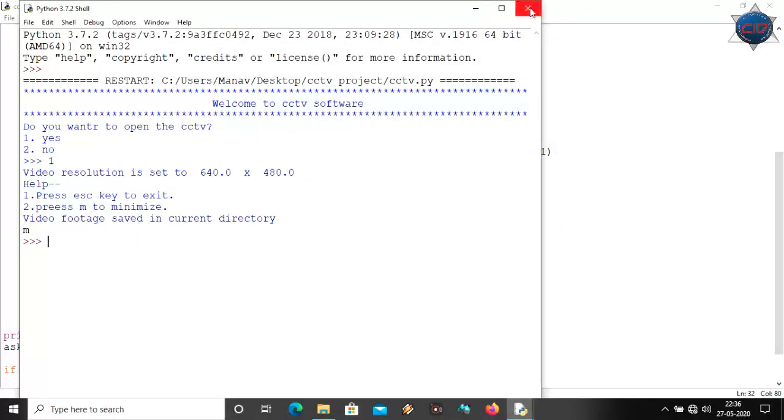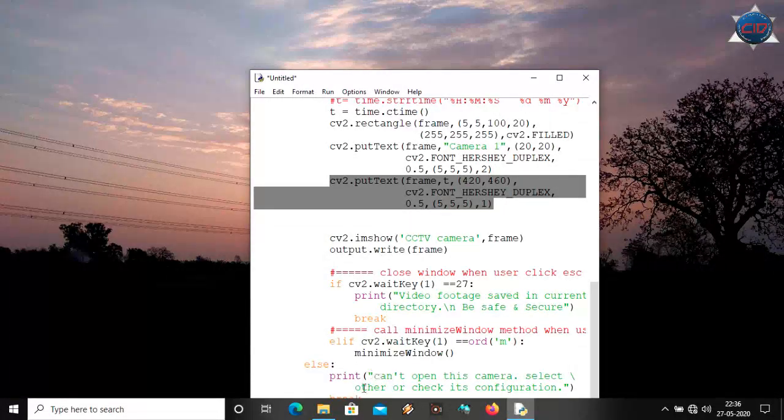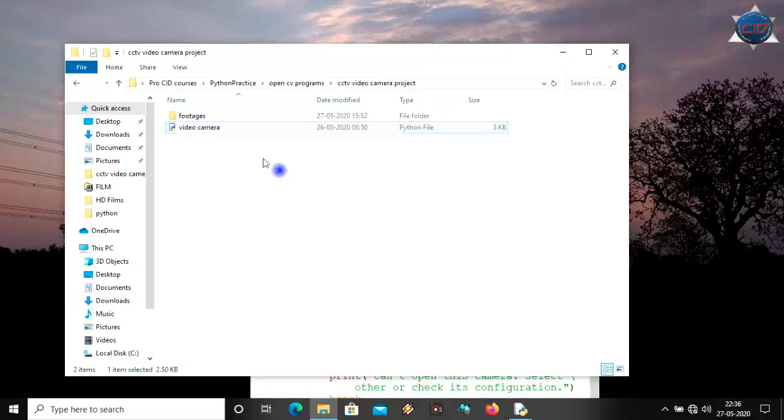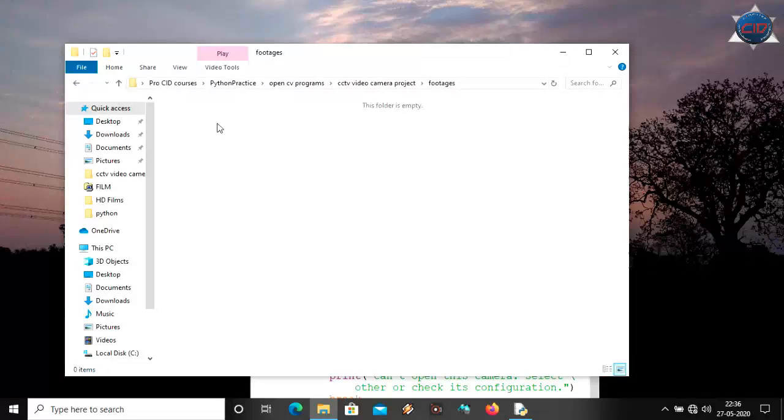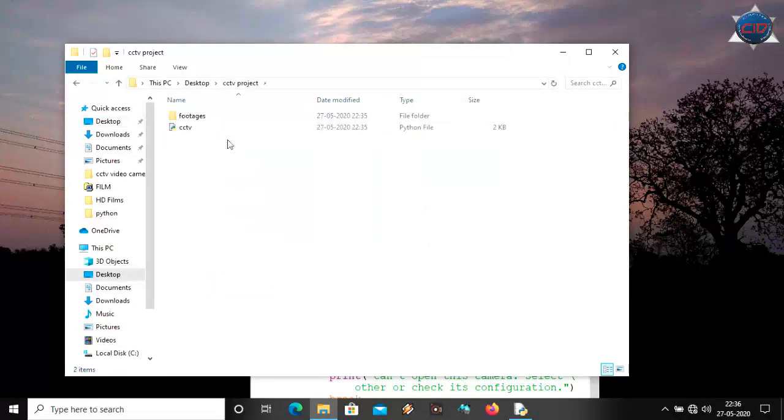Now let me show you the footage. Okay, let me close all these things and go to my directory, under footages. I'm in the wrong position. Under desktop, I have created the CCTV project folder, and here the footages.